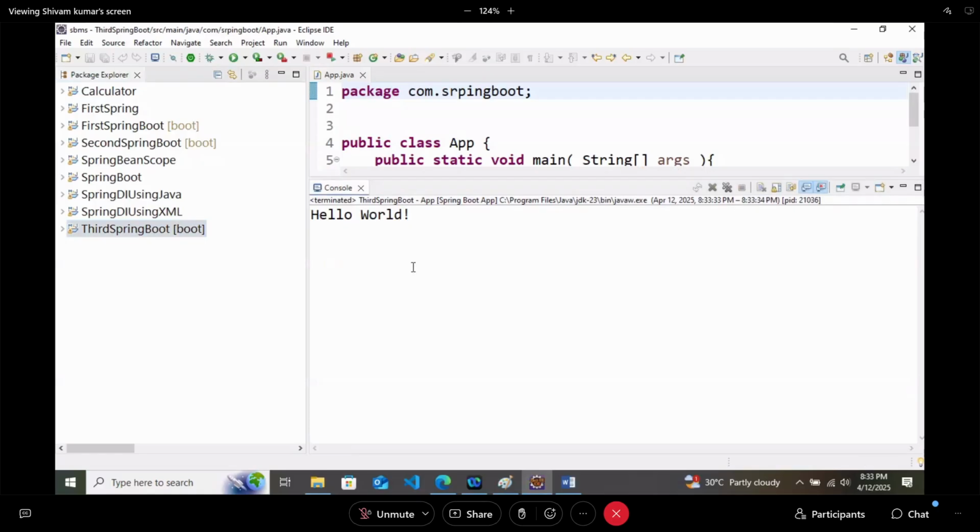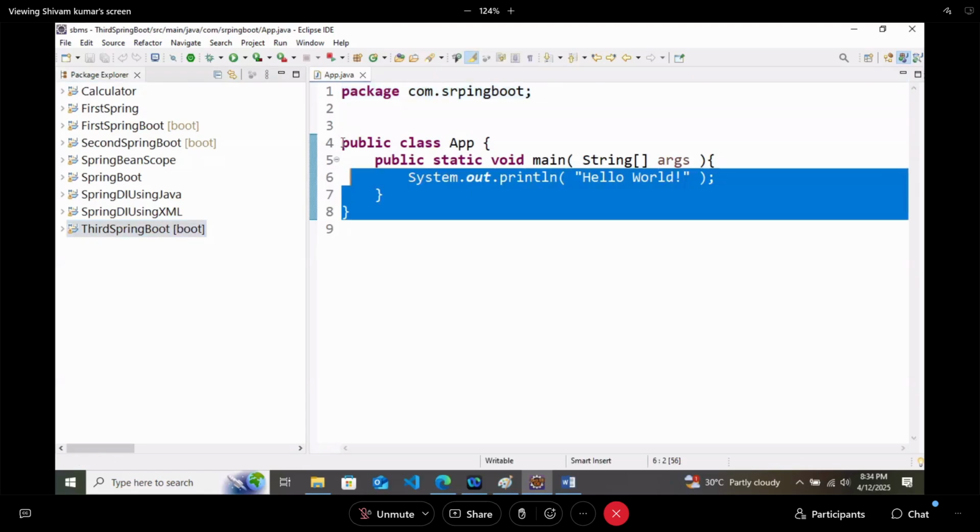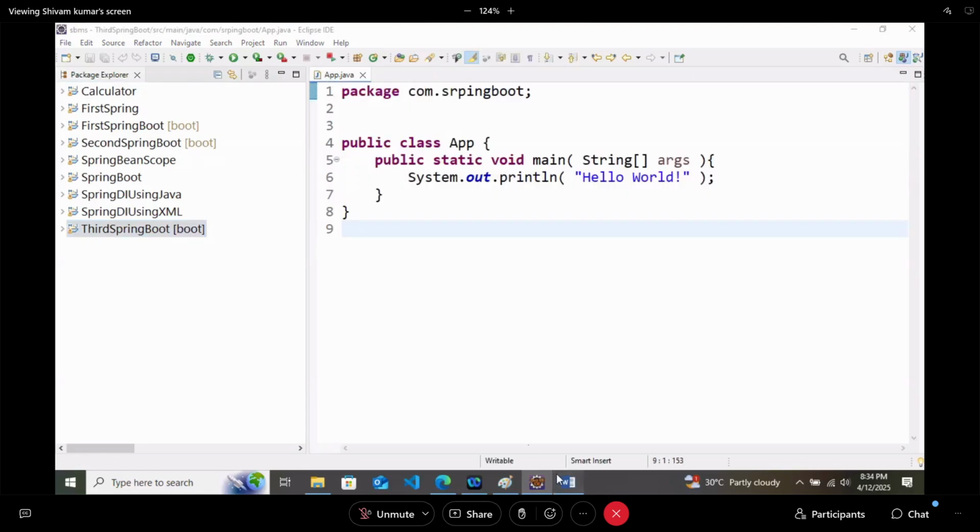Now you will say that it is running, but I will say it is not running. The reason is, whenever a Spring Boot application is starting, it will give its identity in the form of a logo. Spring logo will come.